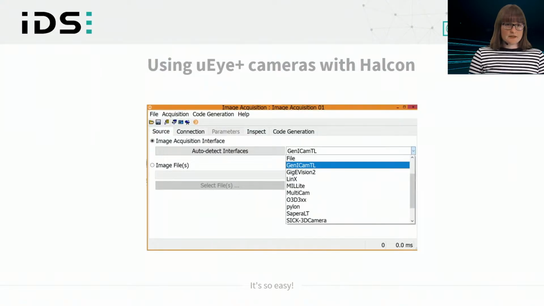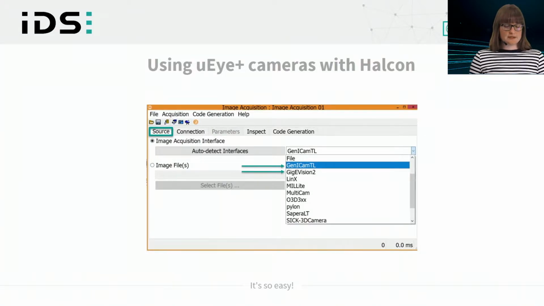When using Halcon, there's the Image Acquisition Assistant you can use to open and find cameras and to start the image acquisition. When opening the Image Acquisition Assistant, you first have to choose a source. That means a transport layer with which you want to use the camera. As you can see, there are several in the list. The GenICam TL, for example, is the transport layer provided by IDS. It appears in this list if you have IDS-Peak installed in parallel.